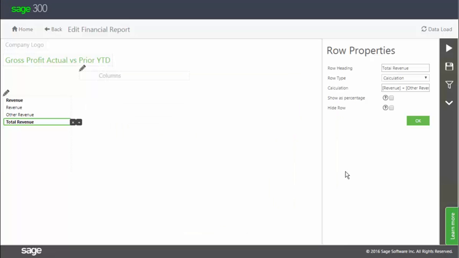I'm then given the options Show as Percentage and Hide Row. Show as Percentage will display the values in the row as percentages, and Hide Row, like before, will hide it when the report is run. In this case, hiding a row may be useful. For example, if it is needed in another calculation, but you don't want it to be seen in the final